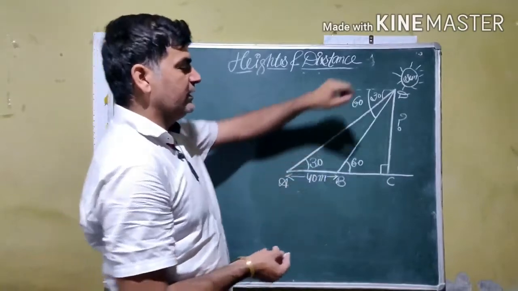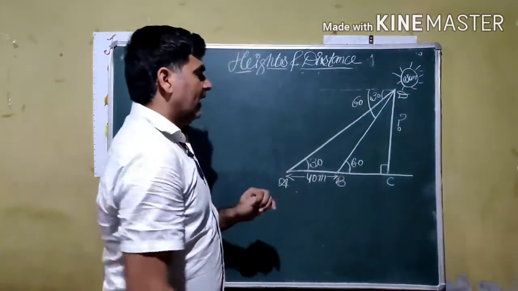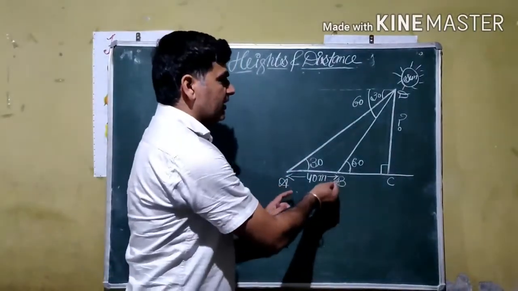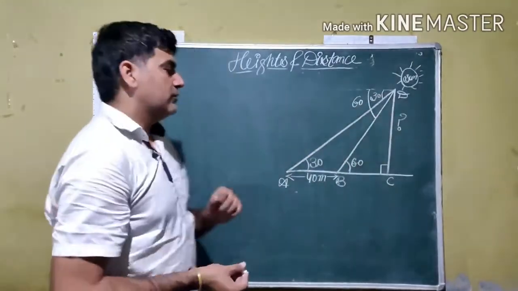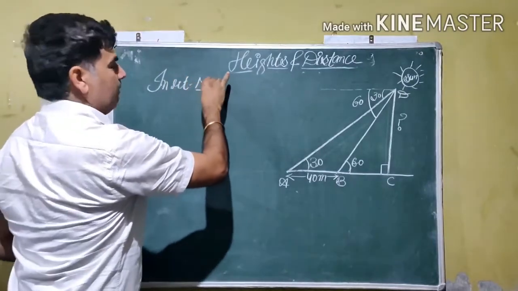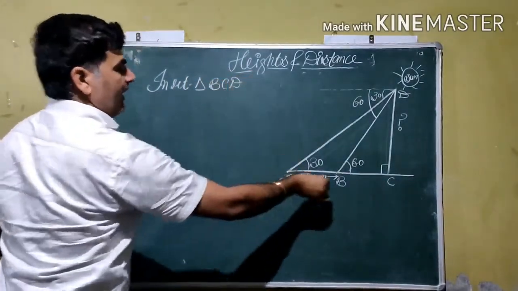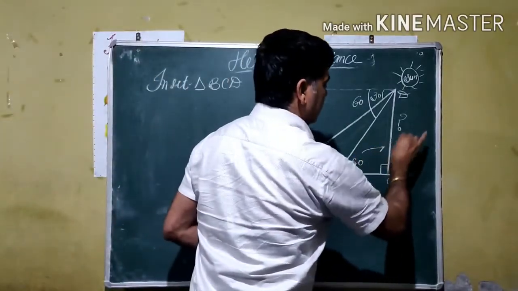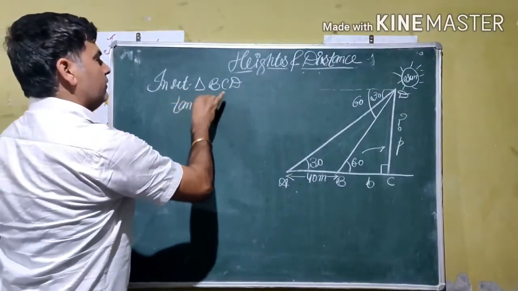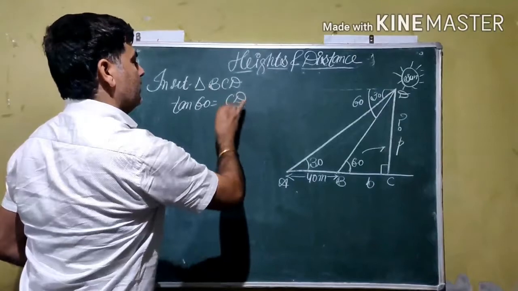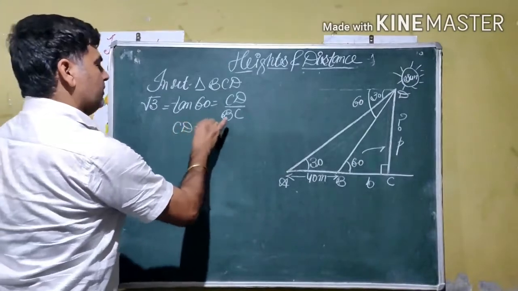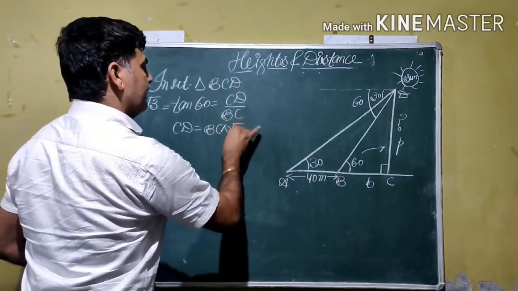So here first of all we describe CD as the height of the tower, and AC and BC are the two lengths of shadows whose difference is 40 meter. We have to find the length CD. So we are taking right triangles. First we take the small right triangle, named BCD. Here the angle is 60, the side in front is the perpendicular, and the 90 degree side is the base. So P by B means tangent of theta, CD by BC. Tangent 60 from the table is square root 3. So the value of CD becomes BC multiplied by square root 3. This is the first result we get here.